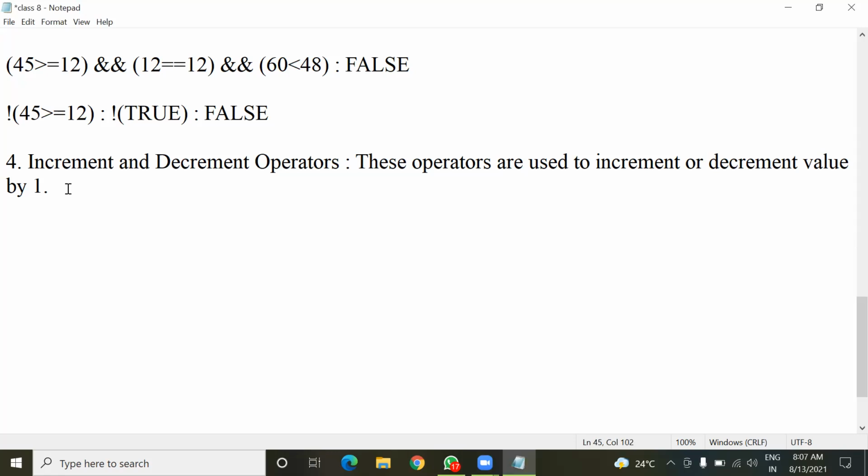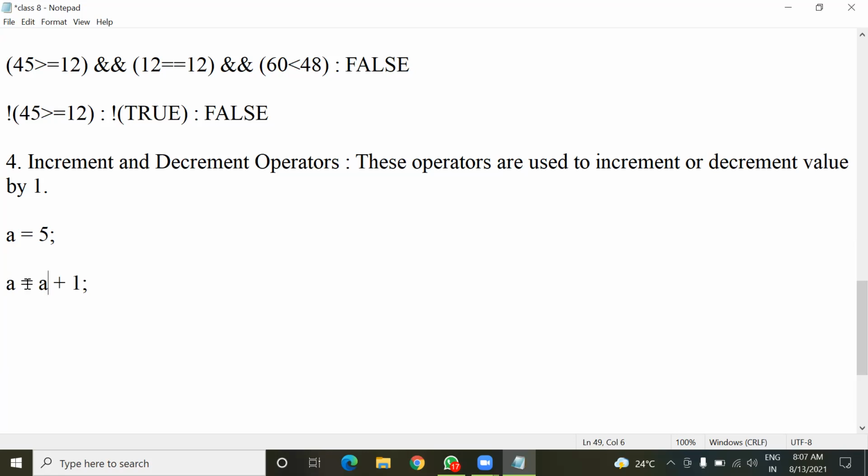So, for example, let us take a variable a, and inside this variable a, I store the value 5. Now if I write a statement like this, a = a + 1, what will be the value of a at this time? 6.